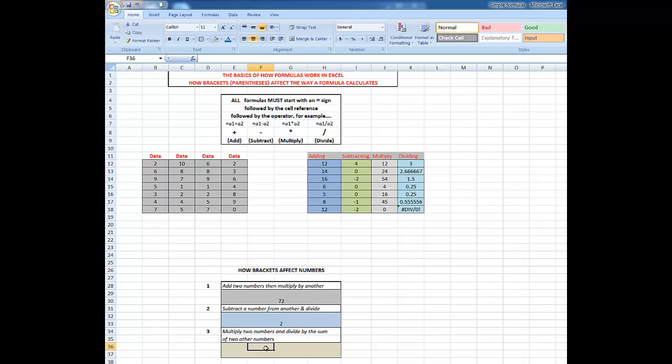I'm going to say equals that number multiplied by that number divide by that number plus that number. So let's have a look at what our answer is. 5.333 recurring. So let's remember that number,